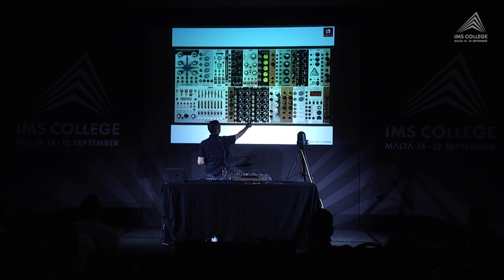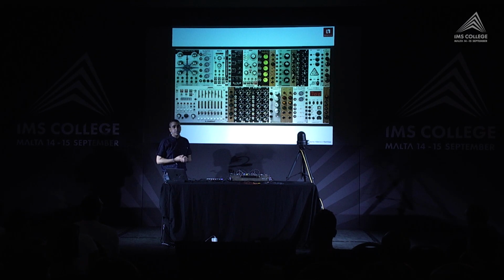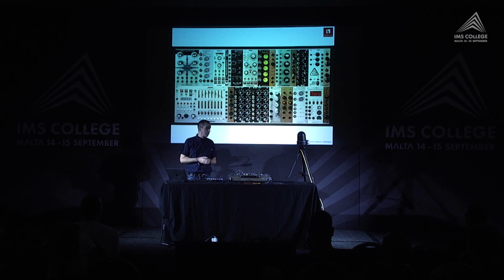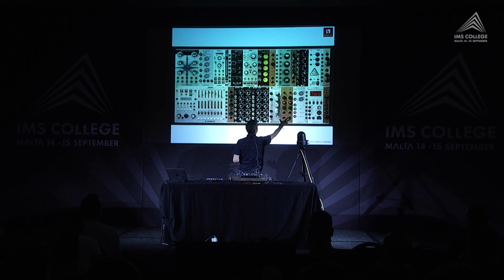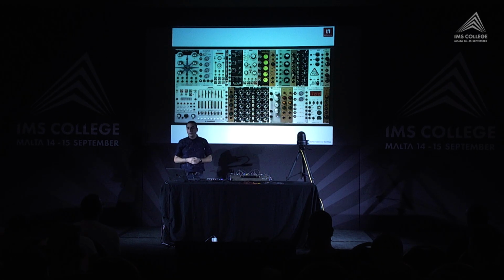These 2 that I have here are the envelope generators. These ones are going to help me control the duration of the notes. And finally, these 4 that I have here are LFOs. As I told you, we never have enough LFOs in a system.